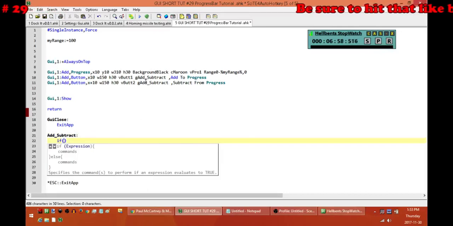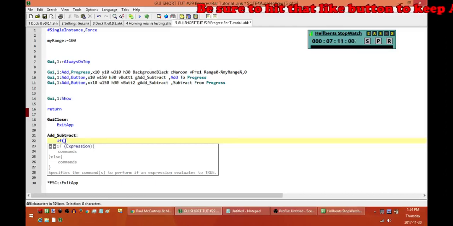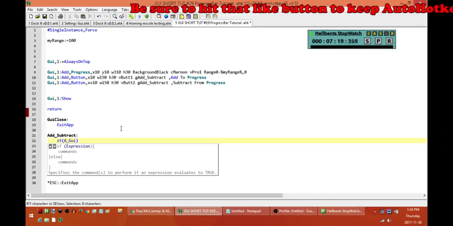Each time I click on my GUI on a button like this, for example, it's going to store the variable's name into a built-in variable called A_GuiControl. So what I'm going to do is check to see if the value that's in that GuiControl variable matches up to either of these two variables here. So I'm just going to say if A_GuiControl